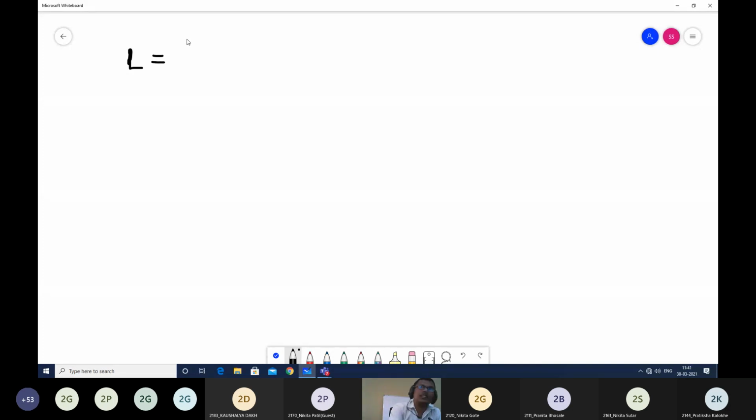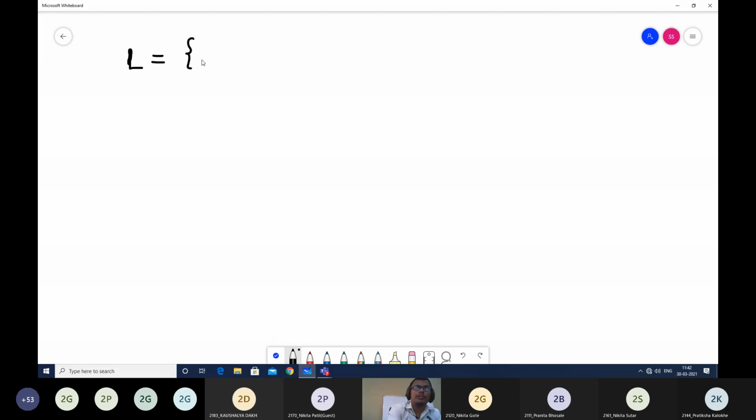So let us take the first example. All of you are advised to open your notebooks simultaneously, and you have to solve in your notebooks. I may ask you to submit your notebooks. So make sure that you are also making note of all these things while the lecture is going on.